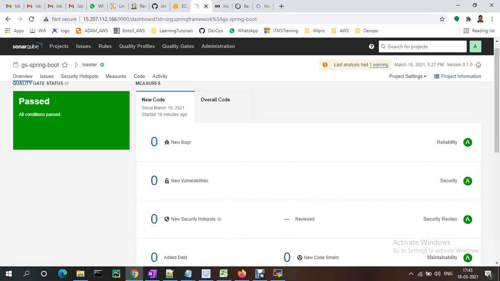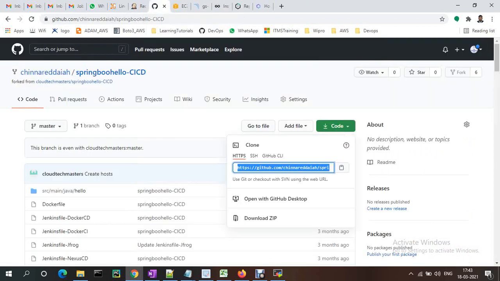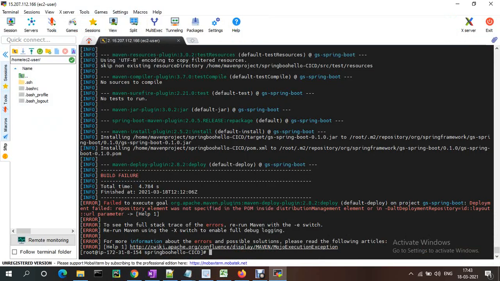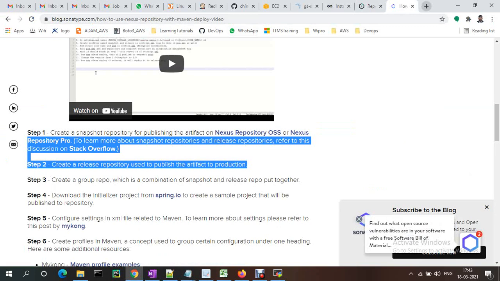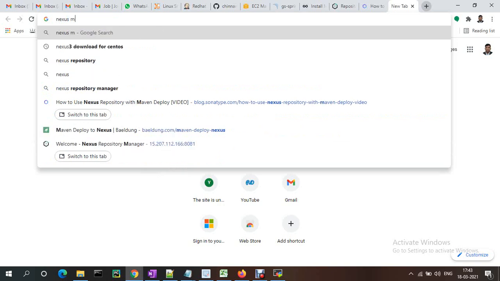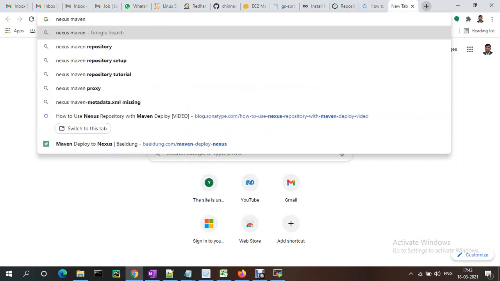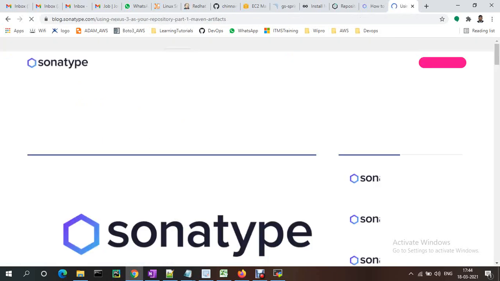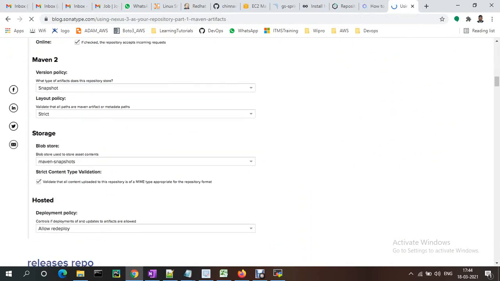So let me close all these things and I will show you the distributions. Okay, Maven distribution, Nexus Maven, Maven artifacts. So we need to just take that repository details.